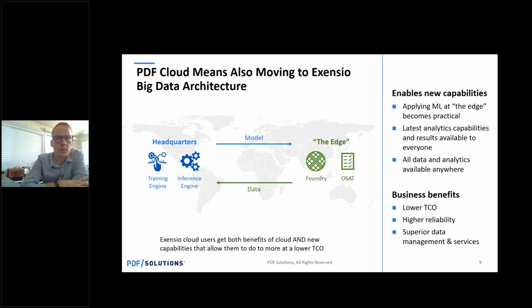So let's take a look at a specific use case. This really illustrates that PDF Cloud is not just a lift and shift of existing systems. PDF Cloud is from the ground up big data. Cloud technologies provide a high degree of scalability and burst capacity to enable true production scale machine learning and edge prediction capabilities. If you look at my example here, this is especially applicable for large, horizontal fabs where